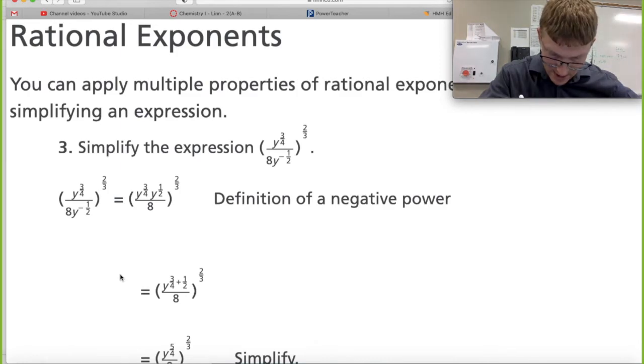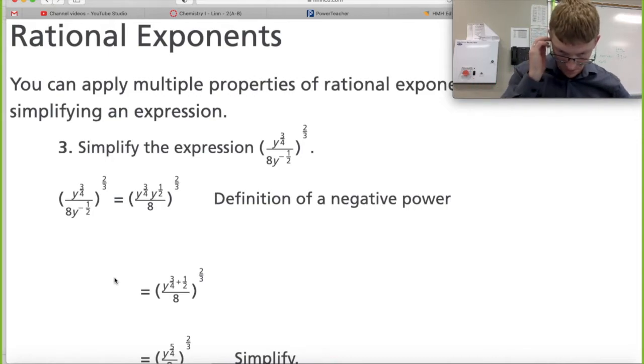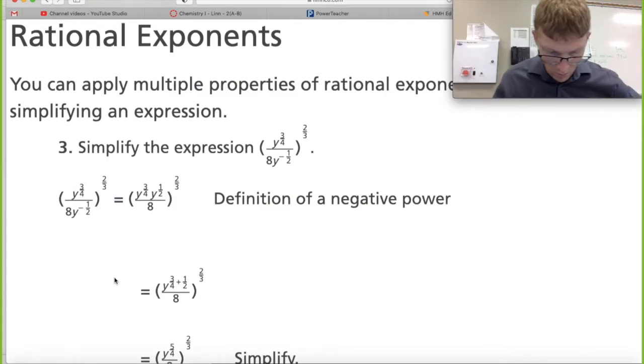You would never see a negative power in a denominator. That's kind of dumb. But anyway, the negative power only goes with the y. So that's why they brought it up here. So now we've got